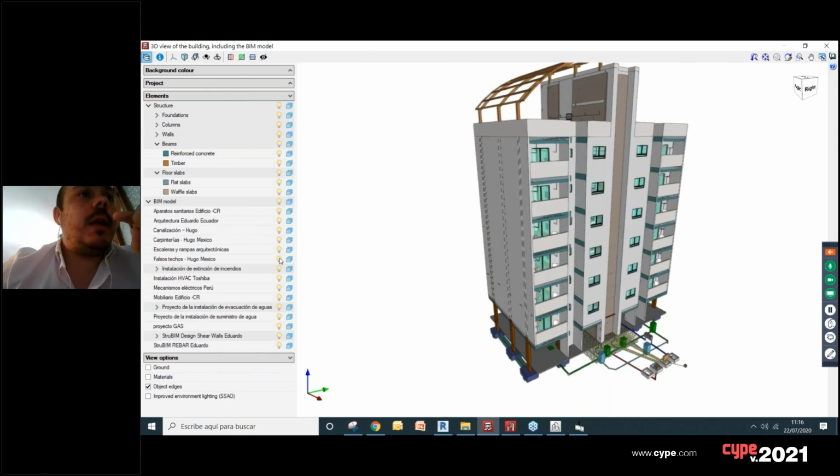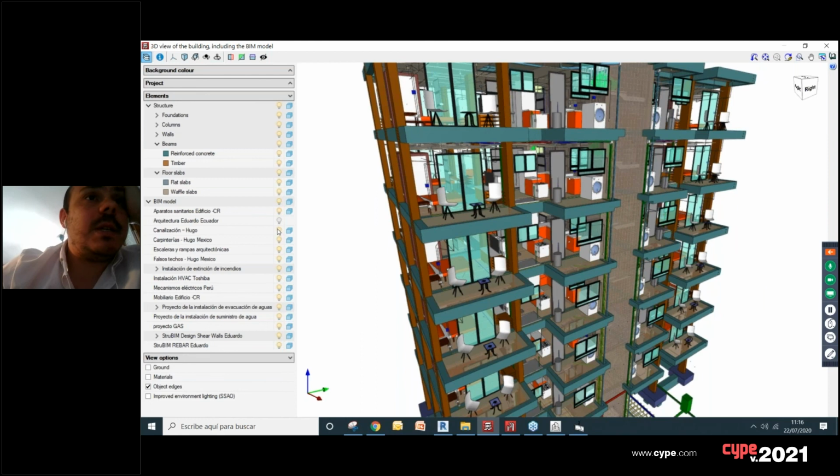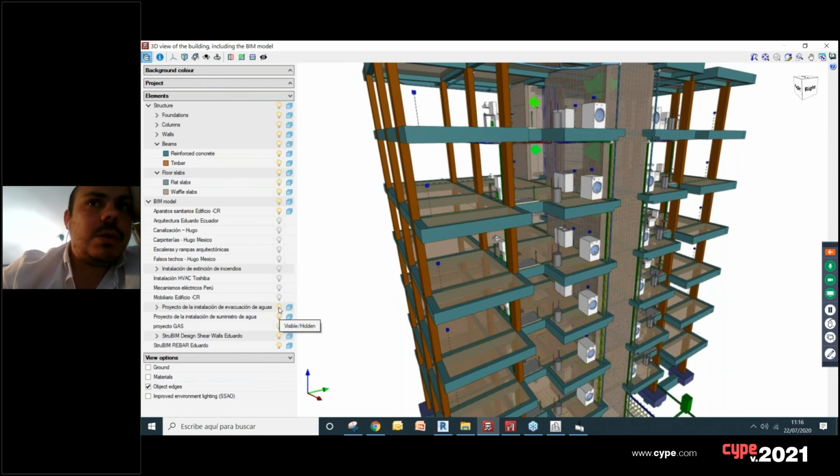For example, the architectural layer. So here, let's deactivate the architecture. Then, for example, some plumbing facilities that we have here, some carpentry, some stairs, some suspended ceilings, fire protection, HVAC, electrical mechanisms, furniture, and here,